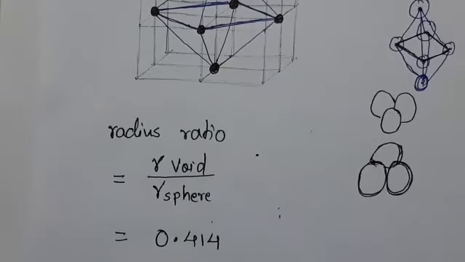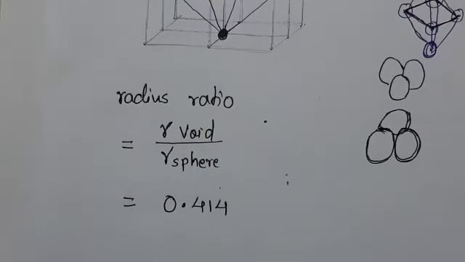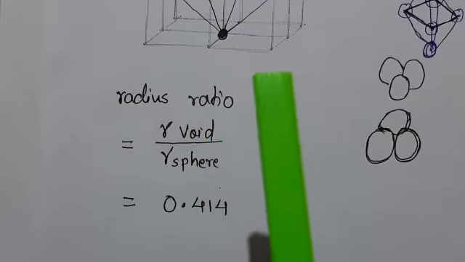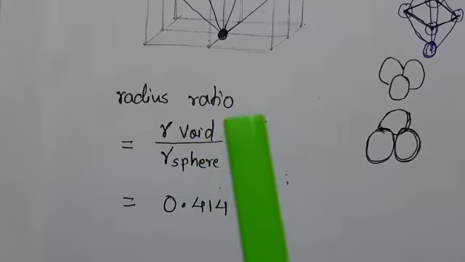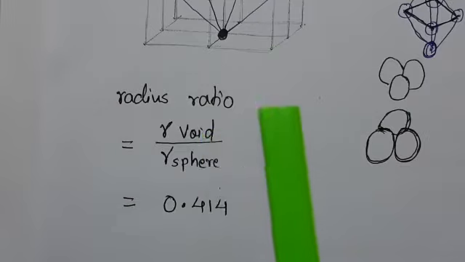In an octahedron or octahedral void, the radius ratio r void upon r sphere is 0.414. This is the radius ratio, r void upon r sphere. Now, in an octahedral void, in an octahedron, an octahedral void is located on it, and